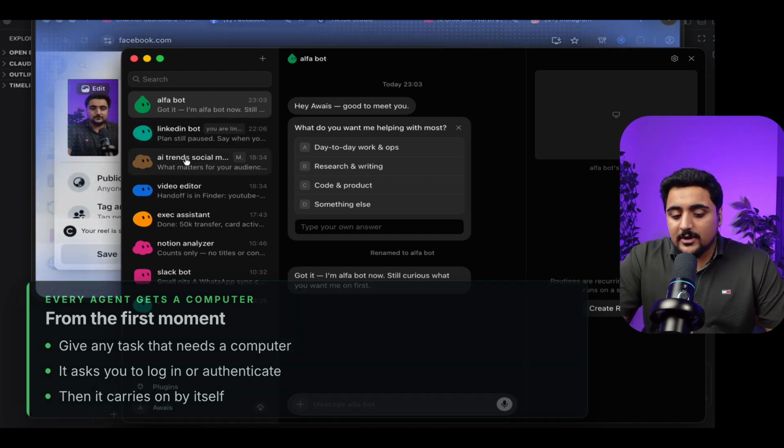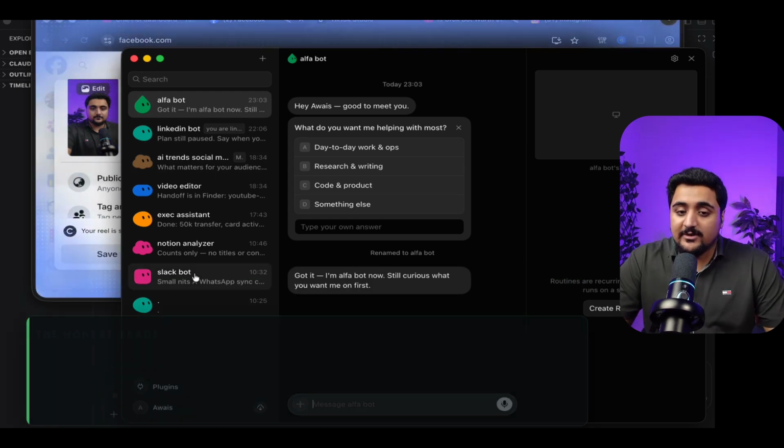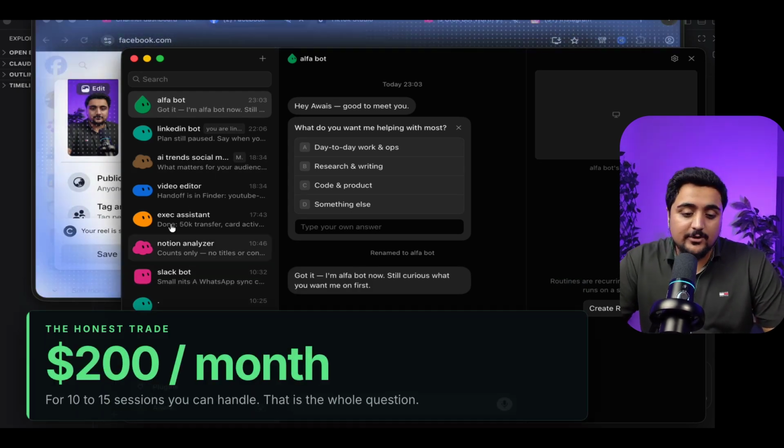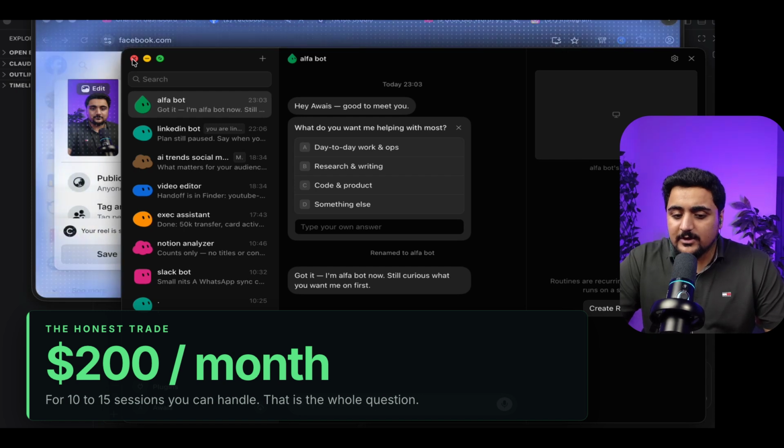So the same is the case for these 10-15 sessions; we can handle them very easily. But how much are we paying? We are paying $200 for that. If you don't want to go there, if you are a